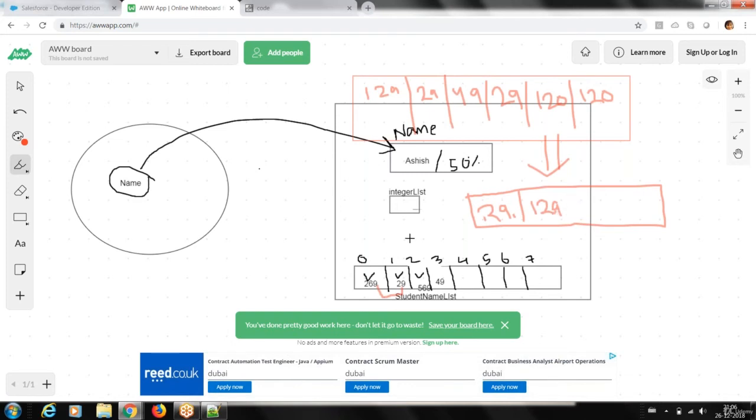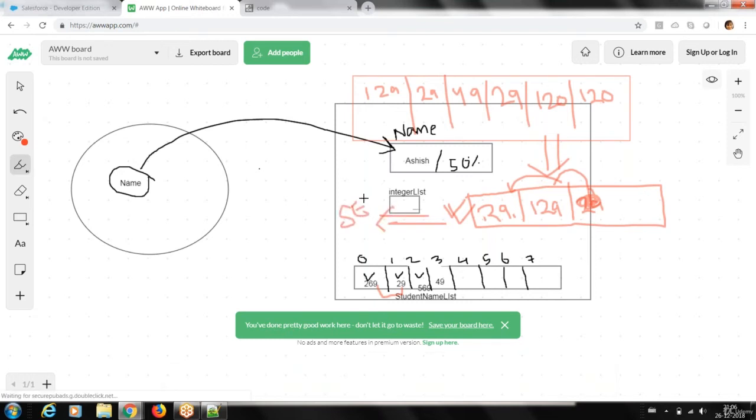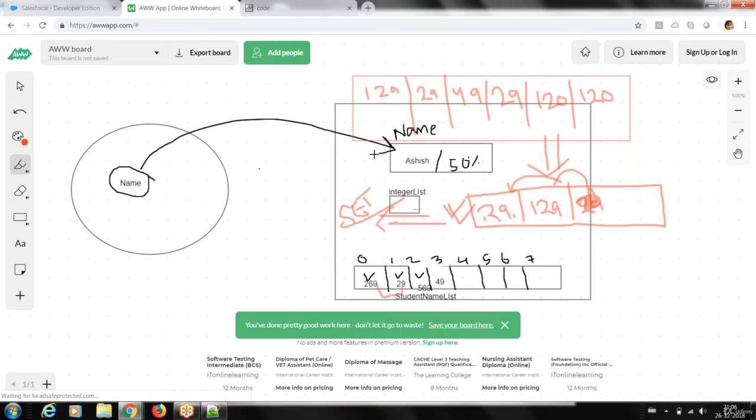It will see the 29 I'm trying to enter is less than 129, so it will try to bring it here, but it will see the previous element 29 is there, with the same value, and this value is not going to be added to the list. So if we have this approach, duplicates are not allowed. This type of thing we call a set, which we are going to talk about as the next collection. So a list allows duplicates.